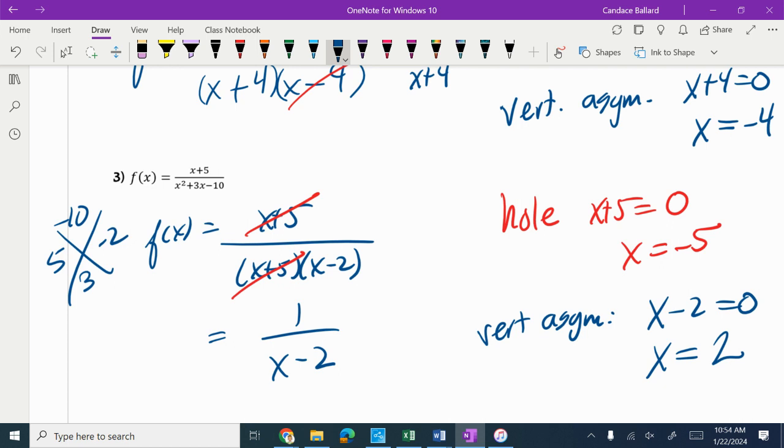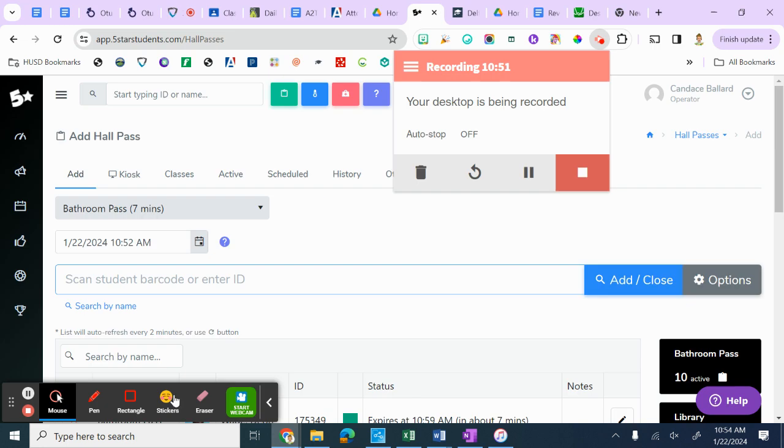I will tell you, we didn't see it here, but you can have more than one hole and more than one vertical asymptote. Okay, it's possible. I kept it really simple just to make sure we understood it, but there's a possibility that you get more than one of those things. Okay? All right. That's it on the skills check. I want to really quickly